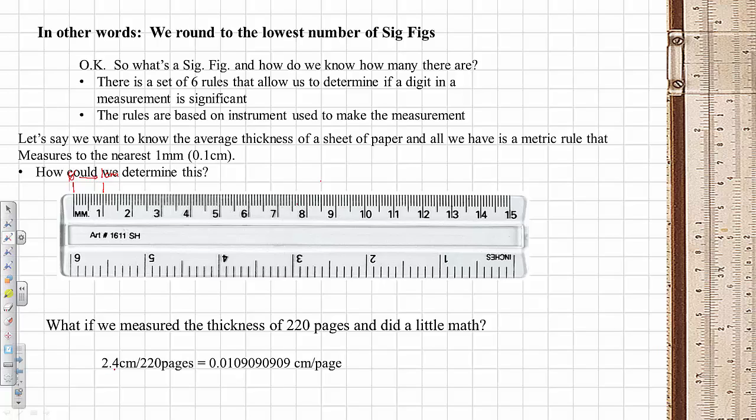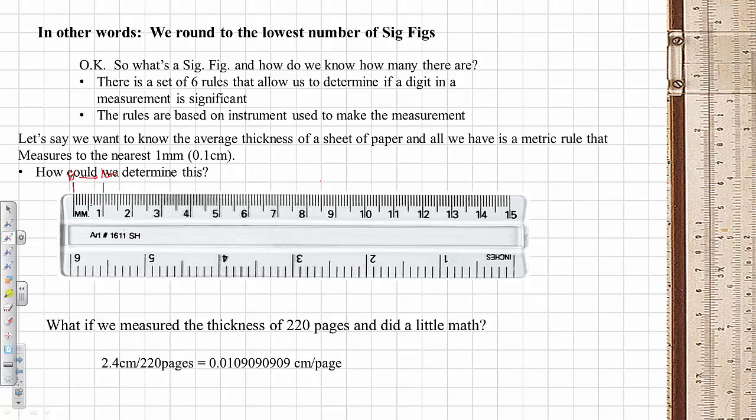Nearest millimeter, so 2.4 centimeters. This pile of papers is 220 pages and it's 2.4 centimeters. We do the math, we end up with 0.01090909, and actually 0.9 repeating centimeters per page. Okay. So we've actually determined the average thickness of one of those sheets of paper,